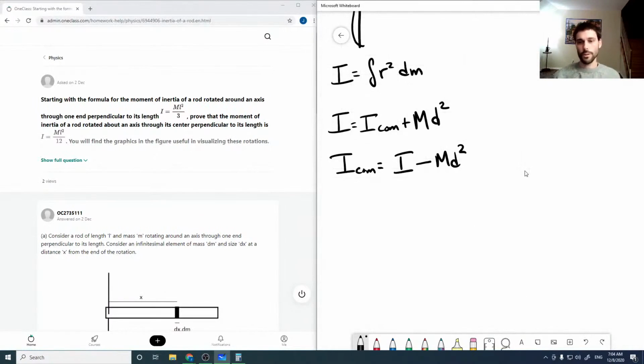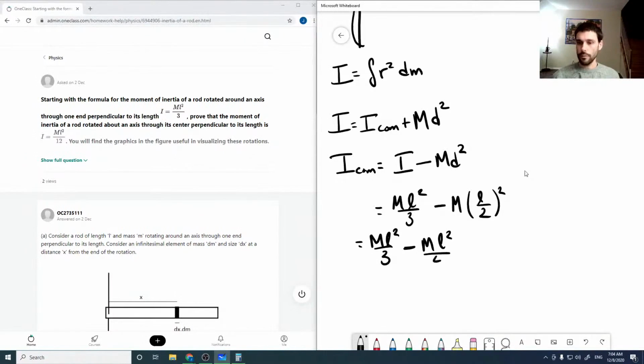So the moment of inertia we're given is ml squared over 3 minus m, and that's L over 2 squared, which is ml squared over 3 minus ml squared over 4, just